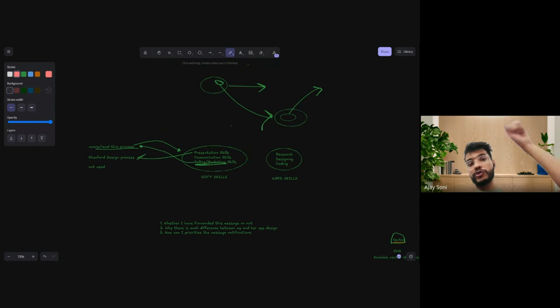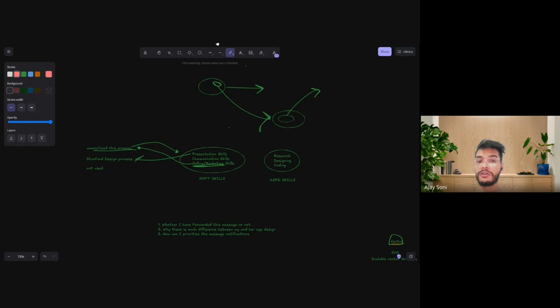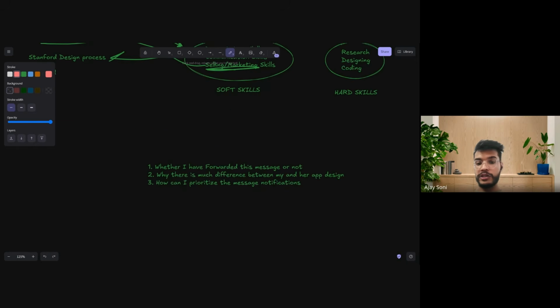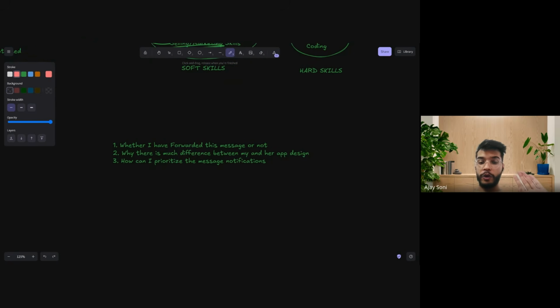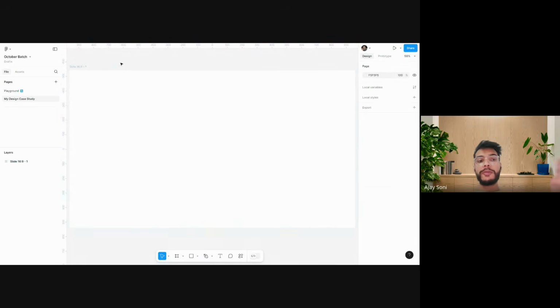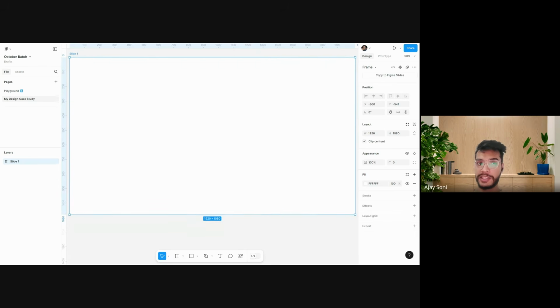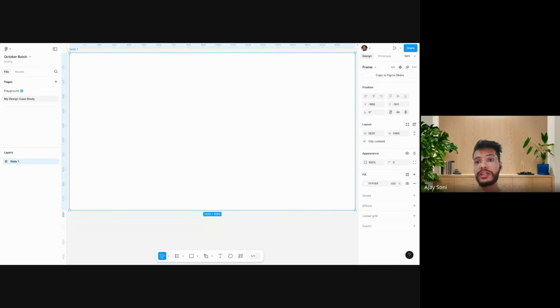Now, coming back to square one, the activities that I asked you, right, other than the sticky notes one, right? So we came up with this idea, right? These things basically, how you can create the problems and the ideas to make the case study, right? So coming back to our case study, here I have just taken a frame, right? And I'm just renaming it as, let's say, slide one, right? Because we are here to become a presentable designer. So that is why we are going to present our case study in a presentation mode. But we are going to make our presentations in Figma only.